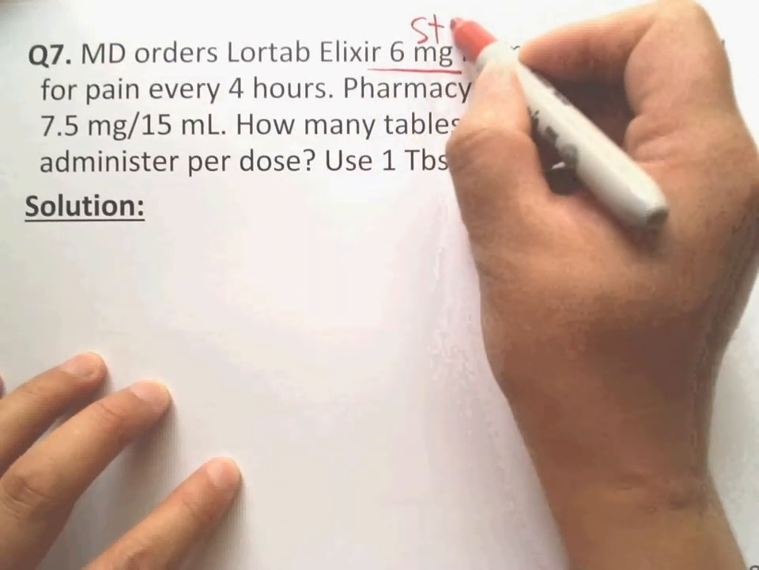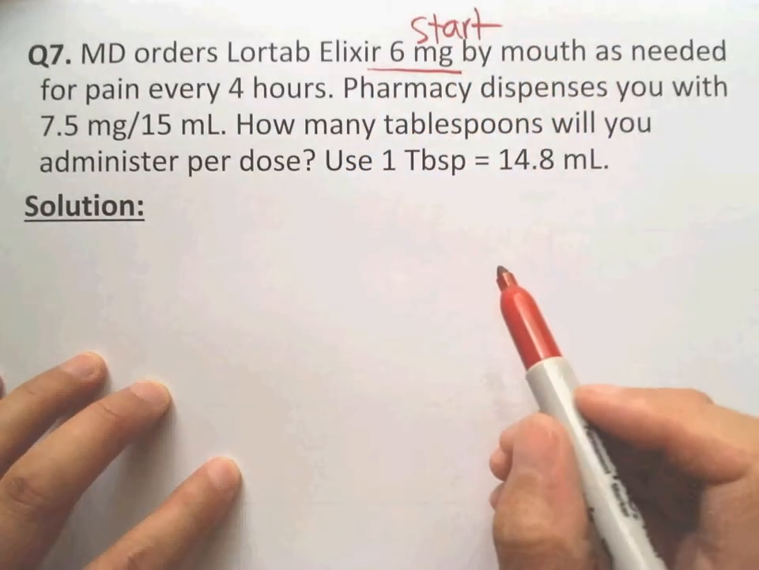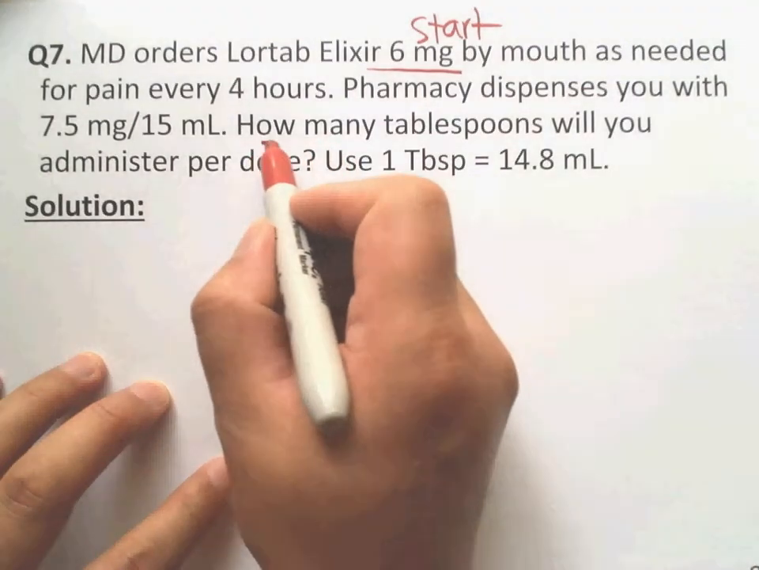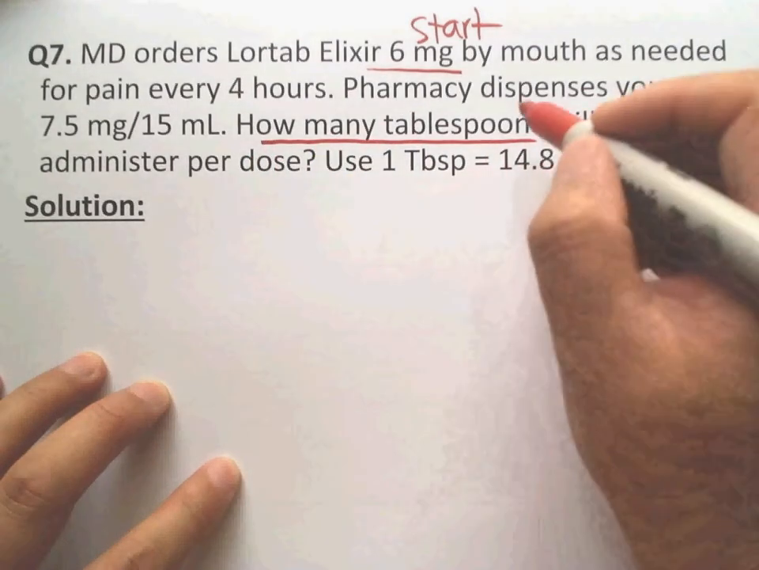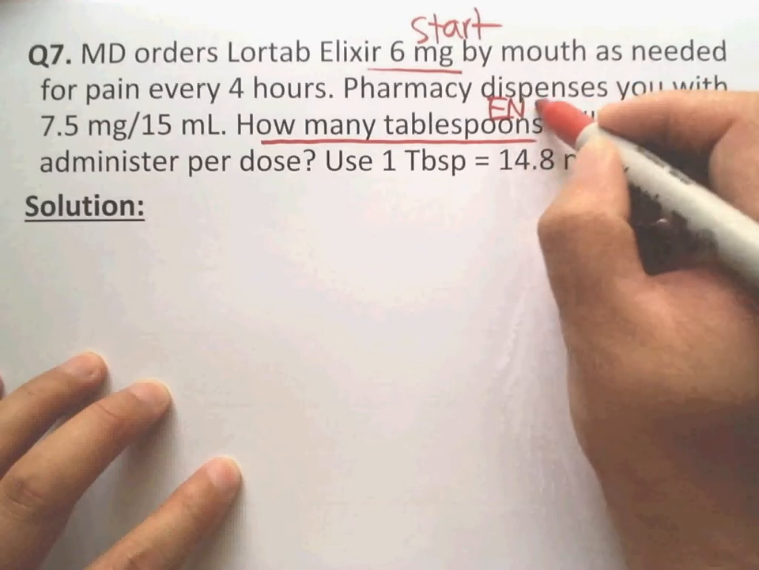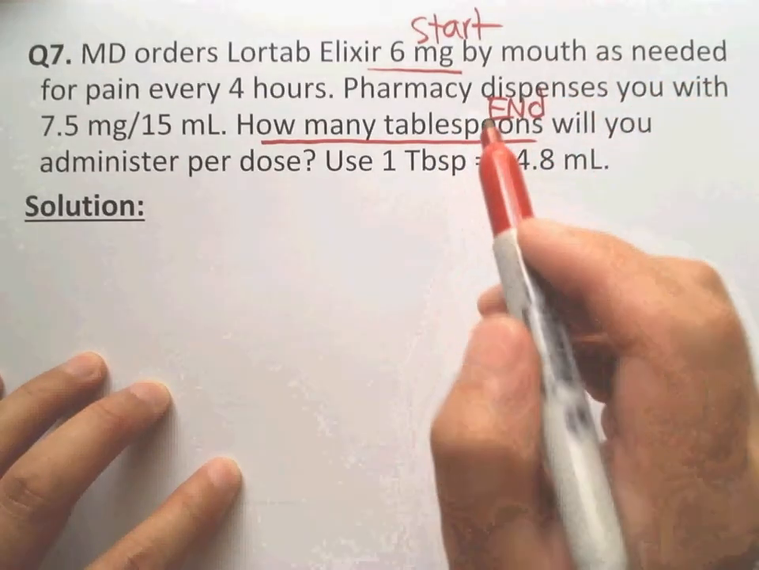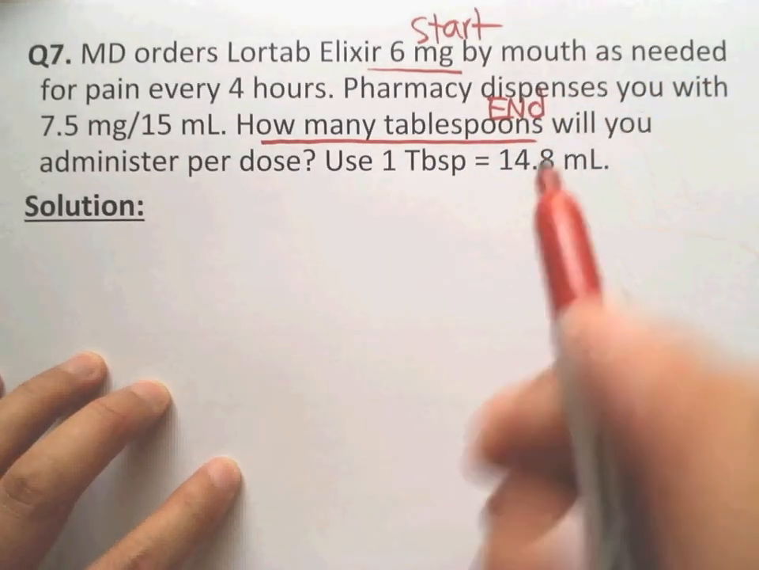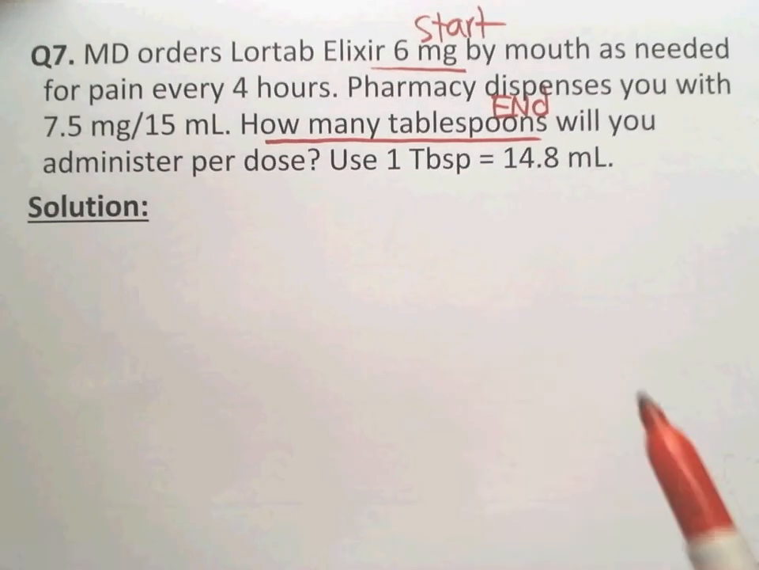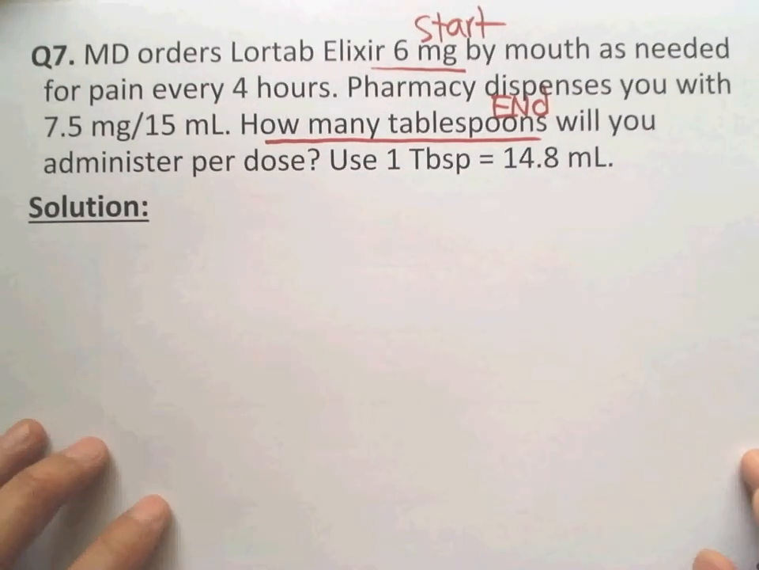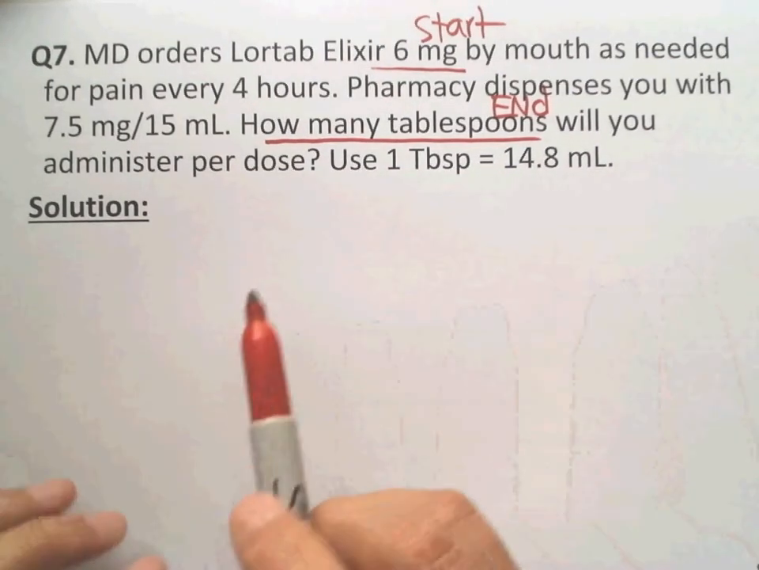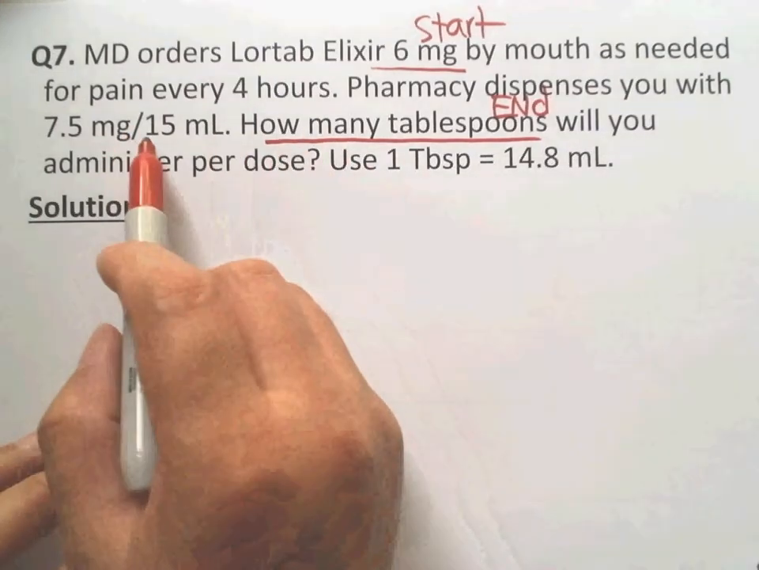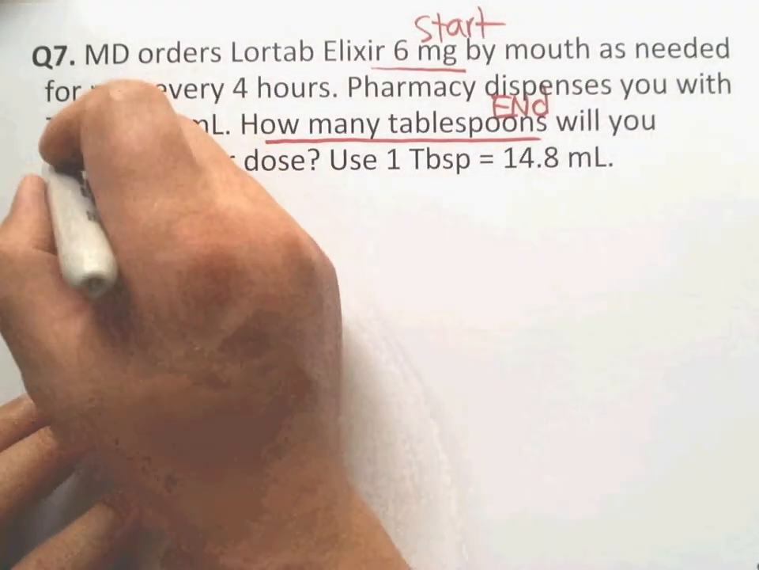The same, you can think about it where I started. You have to administer one dose, which is the start, right? This 6 milligram of the drug. This is the start. Where is the end? Can you see the question? How many tablespoons? This is the end. You finally need to know how many tablespoons you need to administer